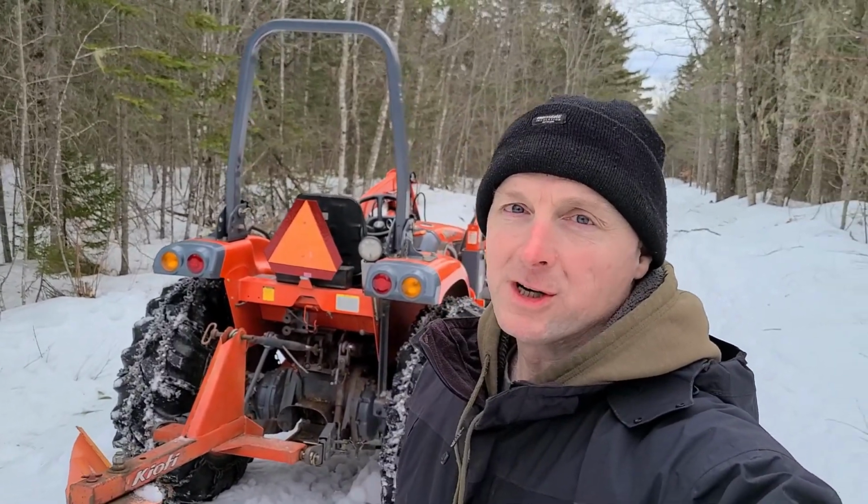Okay, let me explain real quick what I got to do today. So it's been mild here lately. We've had days, I think yesterday was up in the 40s, and this is the road coming up to the cabin, and the road has about six to eight inches of snowpack on it, which is great all winter. It's a beautiful road, but this time of year, that snowpack starts to deteriorate,